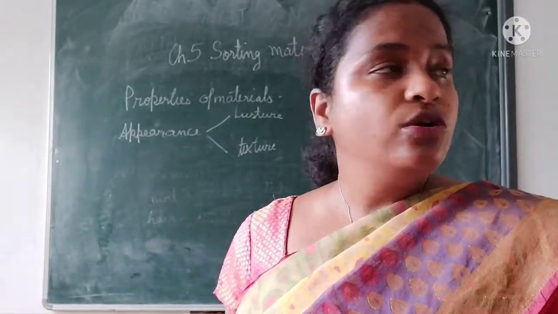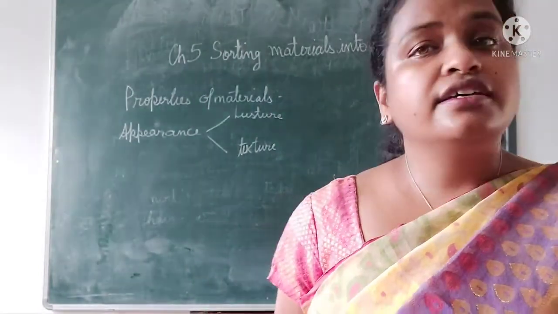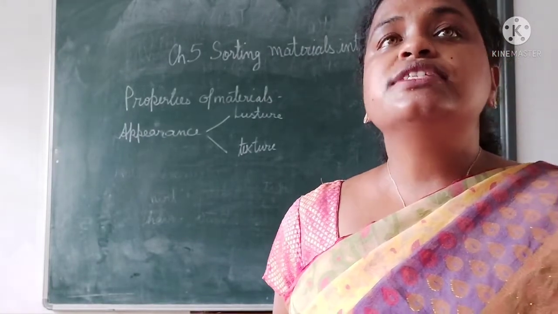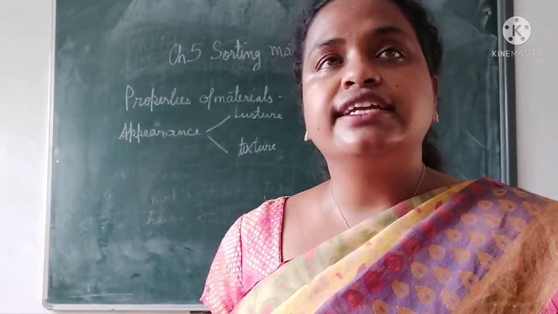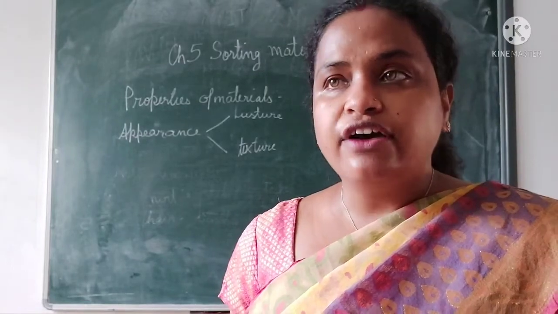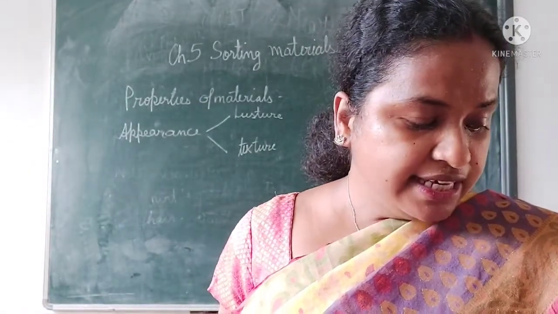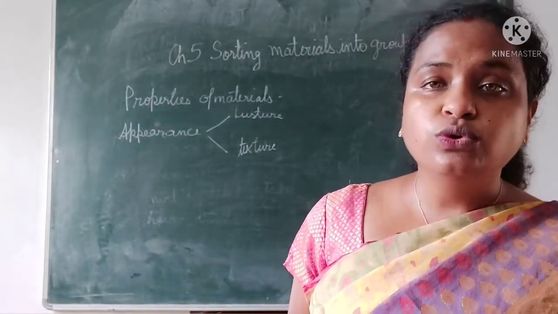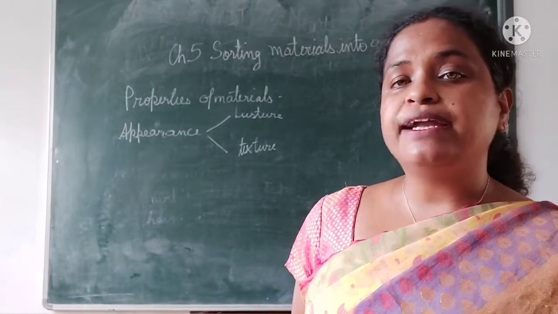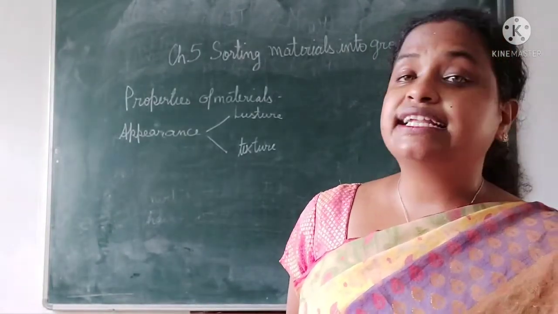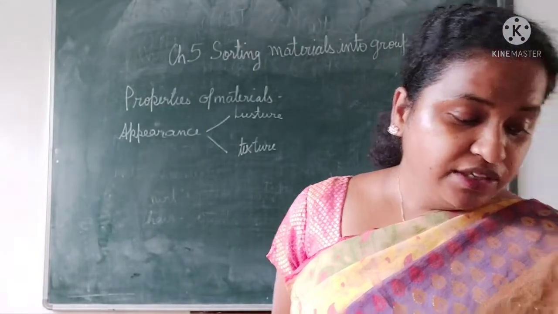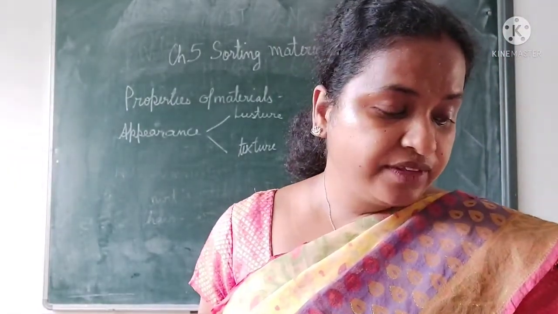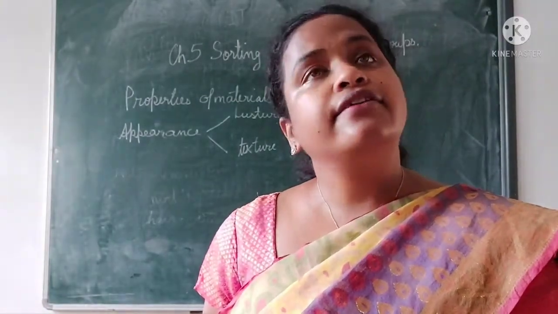You see your cloth, it will not be smooth, it will be a little bit rough. You see the rock. What type of texture does it have? Rock is also rough. But the texture of flower petals is smooth. Glass is also smooth. So what you have seen is that texture is of two types: one is smooth and the other is rough.